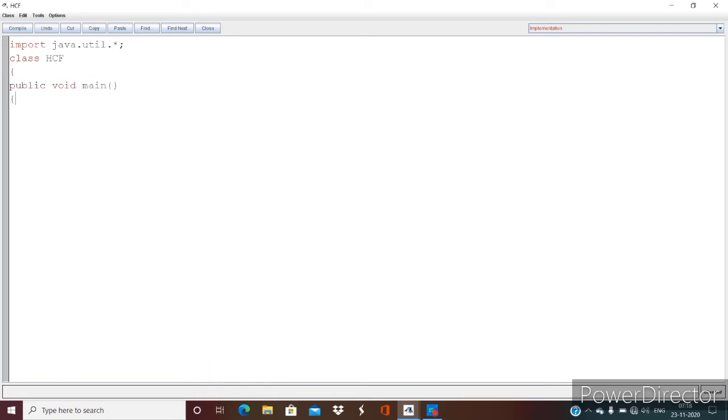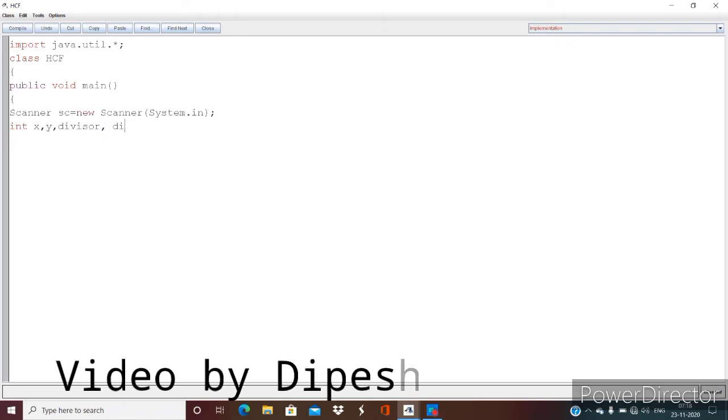Public static void main. I'll declare the Scanner class. Now the variables that I need are x and y, the two numbers, divisor, dividend, and remainder.